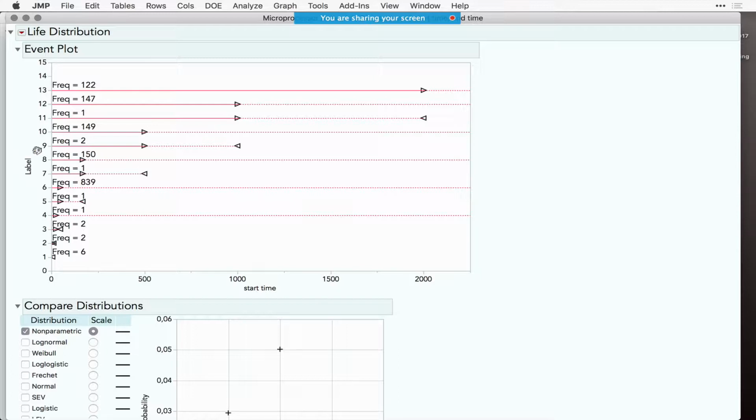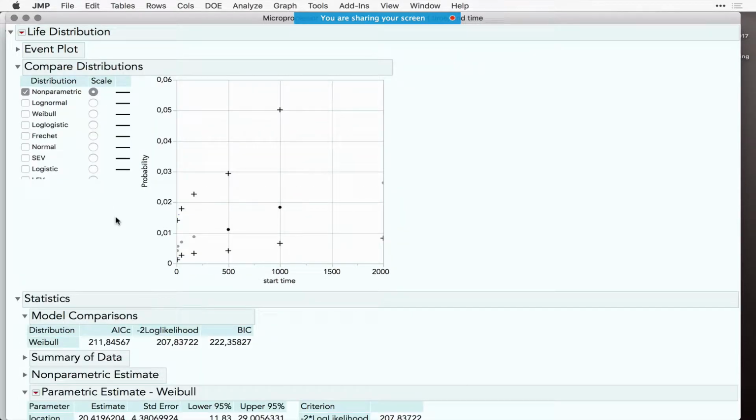So for these two processors, the line 9, we know they were still working after 500 hours, but they failed before 1000 hours. So in this dotted period, the failure occurred, but we don't know when. Yeah? And JMP can handle this uncertainty,